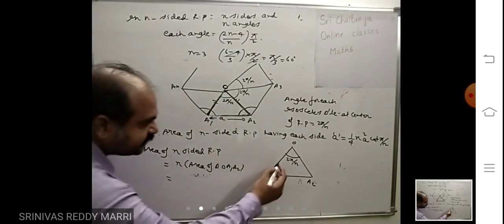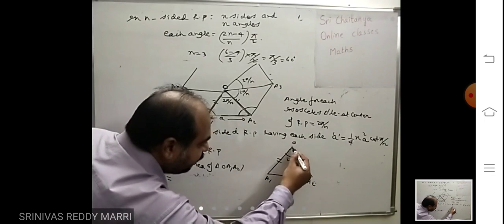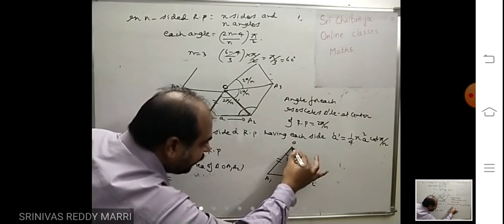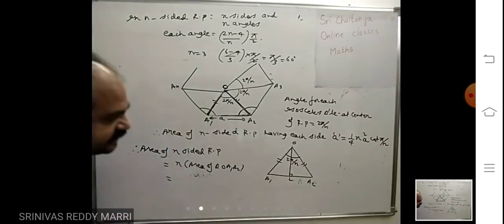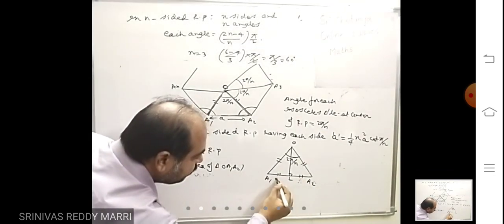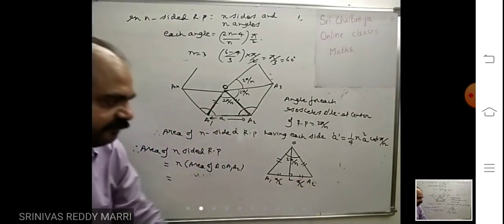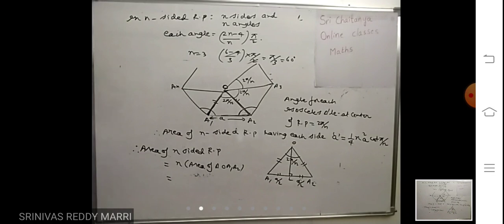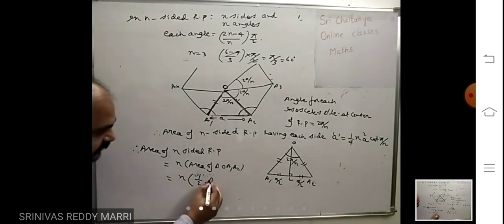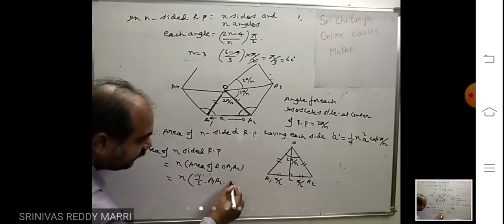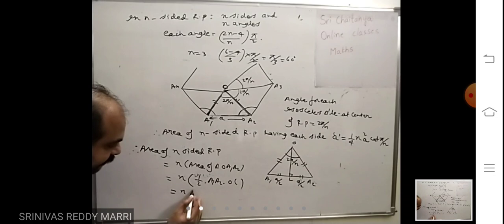Now, for calculating this one, this is an isosceles triangle. This is the base. I am drawing the height. If I drop a perpendicular, this is the vertical angle bisector, and let us say this is L. It also bisects this side, that means this will be A by 2 and this will be A by 2. So L is the midpoint of A1A2 because this is an isosceles triangle. Therefore, n into half into base A1A2 into height OL. Now A1A2 is nothing but A, the side of the polygon.